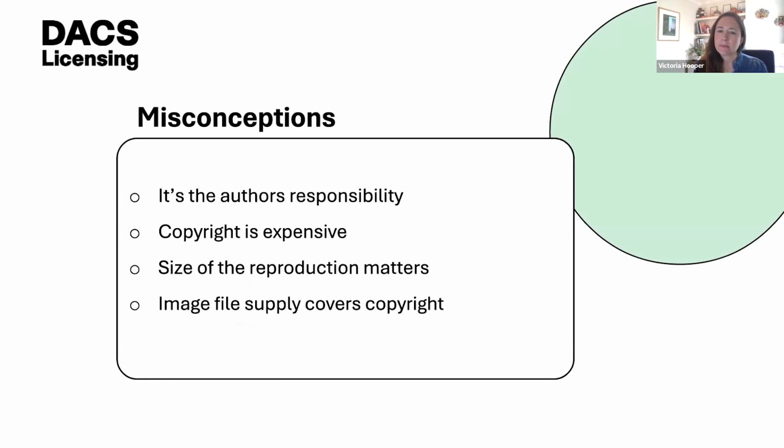So, a few misconceptions that have definitely come past my desk. And one of those is, whose responsibility is it to clear the copyright? Is it the author? Is it the publisher? There's nothing set in stone, and it's very much up to the parties involved. We find that sometimes this is put at the author's door, and other times the publisher is very happy to manage the clearance. The main thing to note is that permission is sought and it is obtained. What we have historically seen is that publishers try to push it onto the authors so that they can benefit from lower fees.